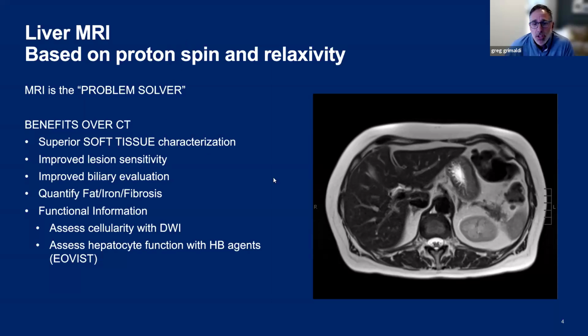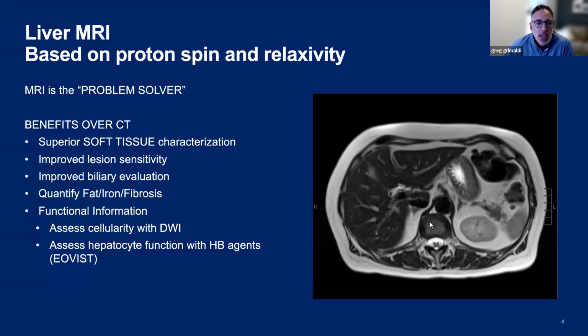But we get better soft tissue characterization because we have all these different pulse sequences that give us unique information. And as I said, we're going to spend some time going through each of those pulse sequences. But having such detailed anatomical and soft tissue characterization, we have better sensitivity for lesion detection with MR over CT. We have better evaluation of the biliary tree, as you will come to see. Here we can see a T2 bright signal within the biliary tree that's similar to fluid signal in the stomach